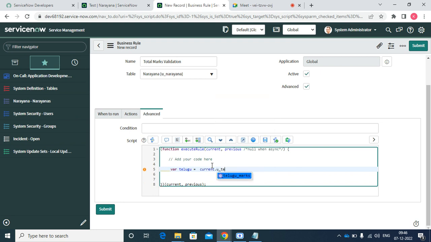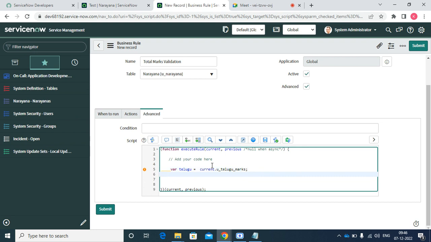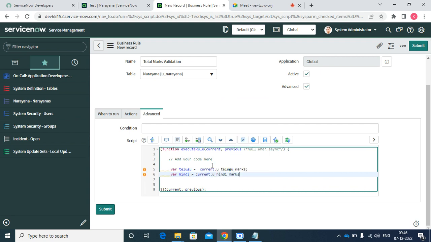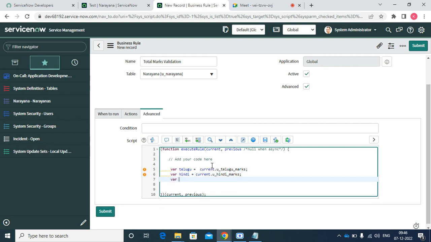If you go to the form, it will come automatically, Telugu marks. Next, where Hindi equals u_hindi, where English equals current.u_english,